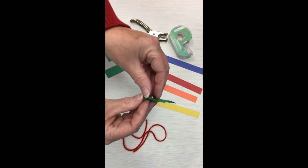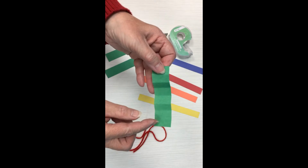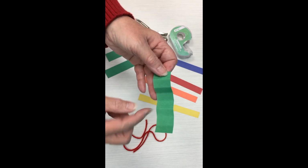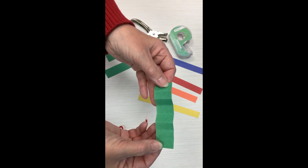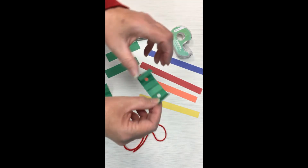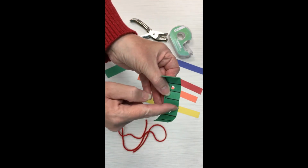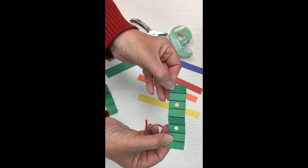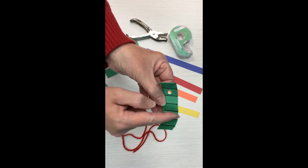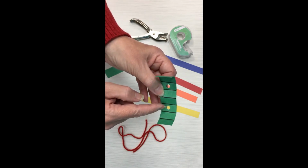And this is when we're going to use our paper punch to punch holes in the 3rd rectangle that we folded. Now it's probably hard for you to see that. So what I did was I took another piece of paper, folded it the same way, and then I drew lines where the folds are. You can see the folds pretty well on your paper, but you probably can't see them on mine. So I drew the lines so you could see what I meant when I said the 1, 2, 3 or